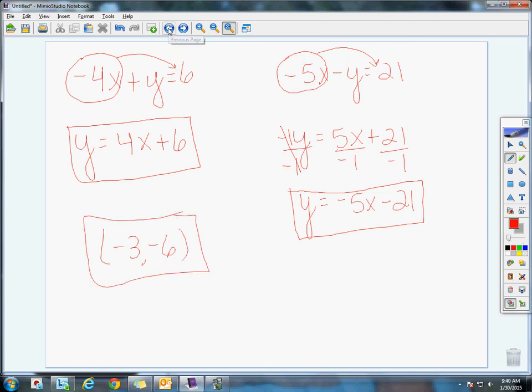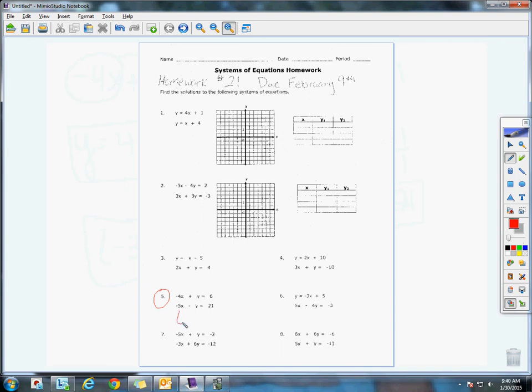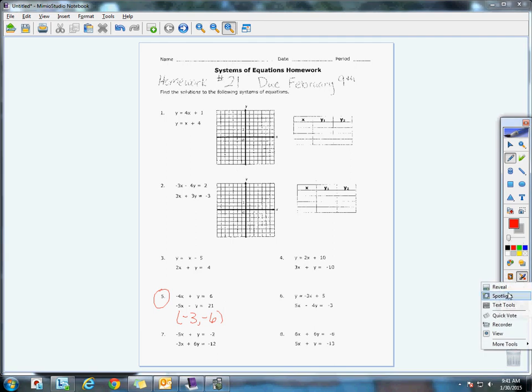So over here on my paper, my answer for number 5 is negative 3, negative 6. So that's all that you're doing on these other ones. Like I said, the only two you have to graph and fill out your tables are number 1 and number 2. If you need help,